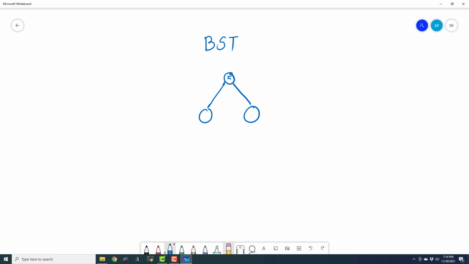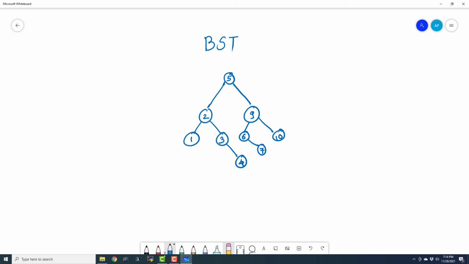So if I say 5 here, I will say 2, and here I will say 9. And this applies to every node. So I will say here 1, and I will say 3, and this is 4. And here I will say 6, 7. Okay. And here I will say 10. So this is a binary search tree.